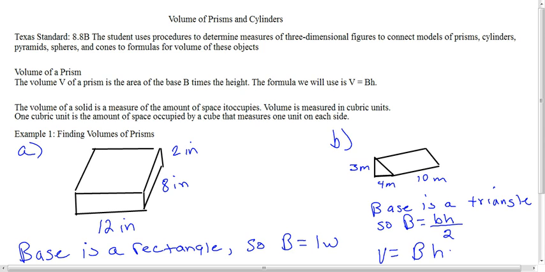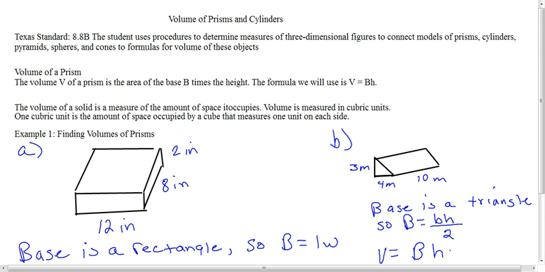Okay, welcome to Rocking Maths and our version of volumes of prisms and cylinders. We're looking at Texas Standard 8.8b, which says the students will use procedures to determine measurement of three-dimensional figures, connecting models of prisms, cylinders, pyramids, spheres, and cones to a formula for the volume of these